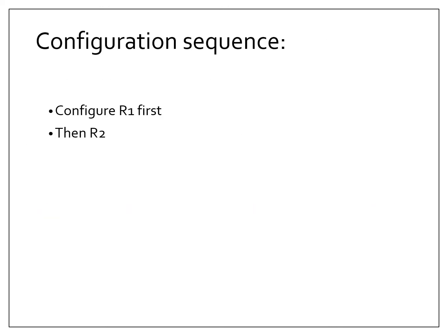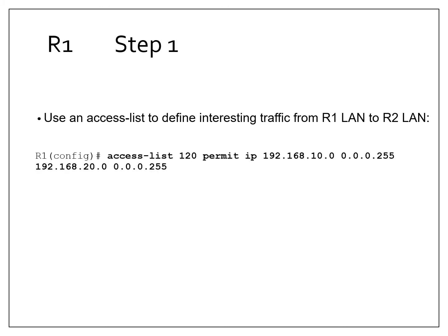So for the configuration sequences, we're going to configure router 1 first and then router 2. Router 1 is at site A and router 2 is at site B. On router 1, for step 1, we're going to use an access list to define the interesting traffic from the router 1 local area network to the router 2 local area network. So we say access-list and we give it a number. We'll use 120, permit IP, and then